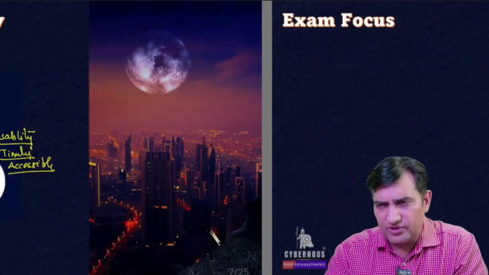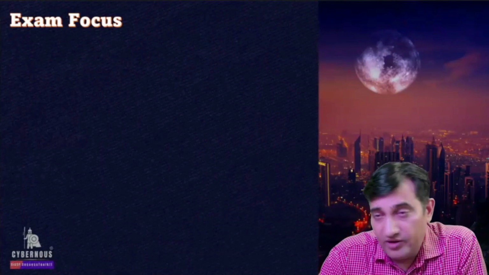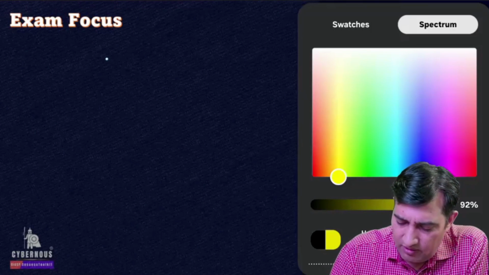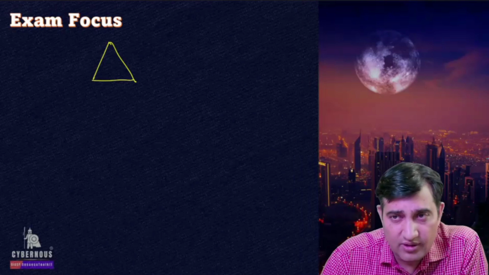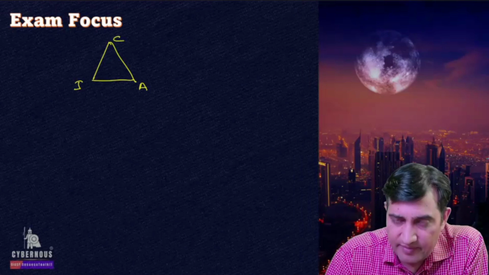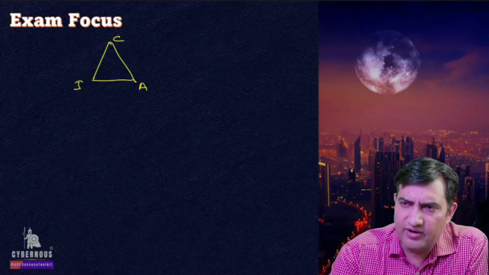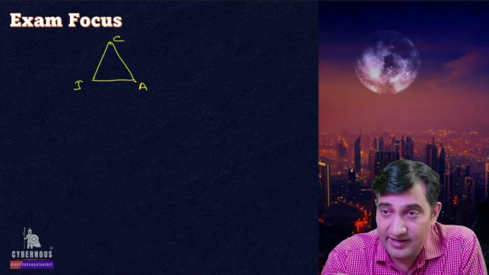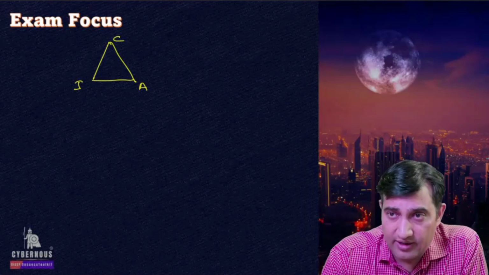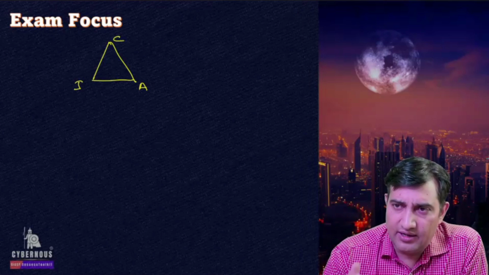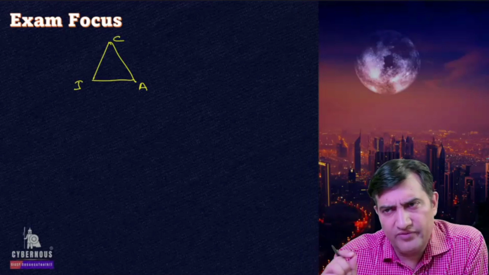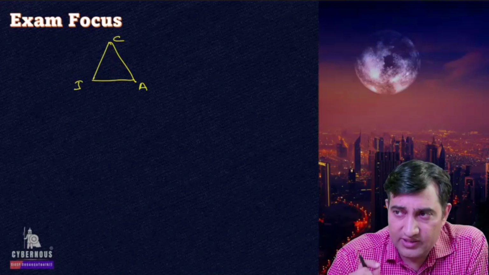Let me also tell you something more from the exam perspective. We often talk about CIA, and it's a very common topic, right? And many people feel, okay, CIA is common across the board. Actually, it's not. Every company has a different CIA requirement based on the industry or the kind of business they are doing, or based on the kind of assets and data they are handling. They might be serving their clients and all of it. So as a security leader, you have to understand that the CIA requirements are different for different companies, and that is why the security controls will also be different for different companies. So that is the major thing.